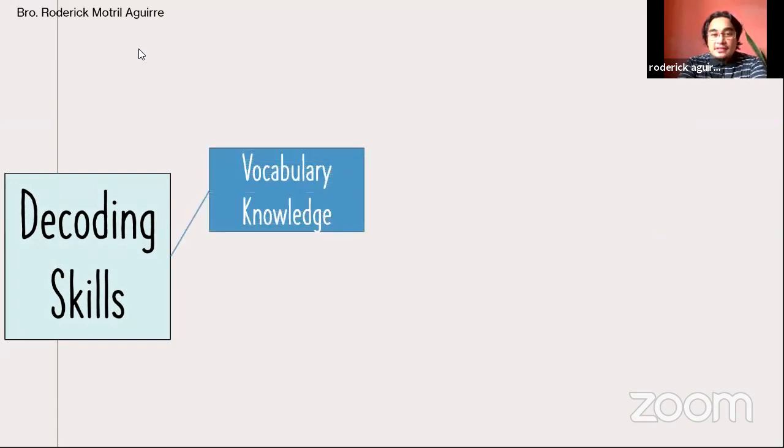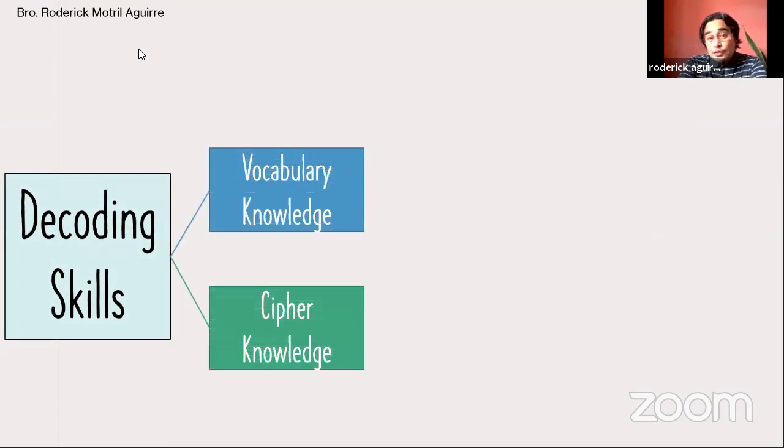Now, the decoding skills is divided into two set skills. We have vocabulary knowledge, which we discussed last night. So we will just focus on the early grades kasi decoding dapat hanggang early grades. Dapat naturo talaga ng mga teachers from grade 1 to grade 3 thoroughly ang decoding skills. Ang vocabulary po kasi natin, nag-extend po siya hanggang senior high school po yan kasi dire-diretso talaga